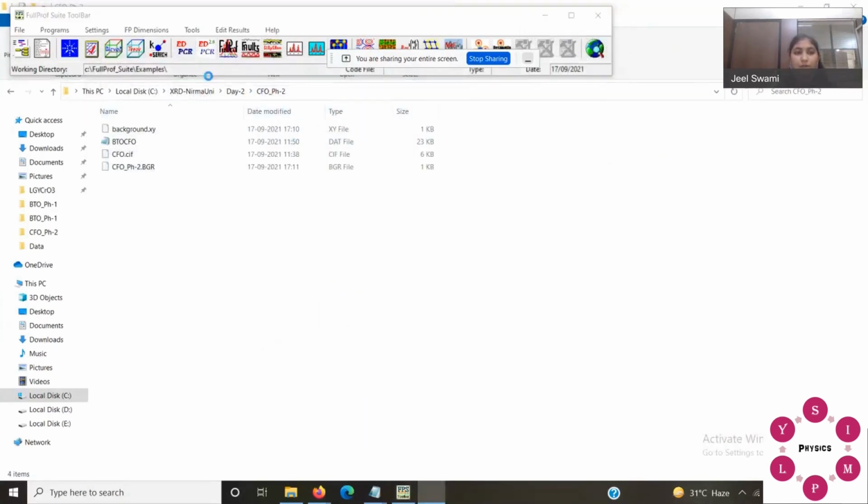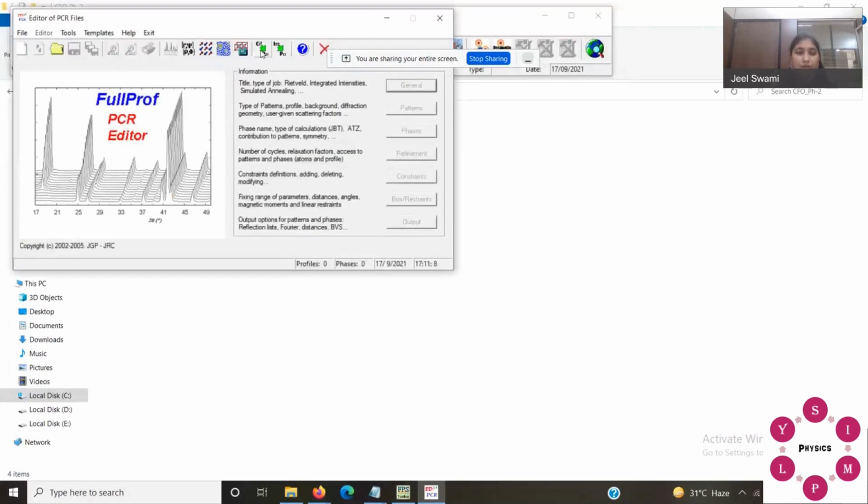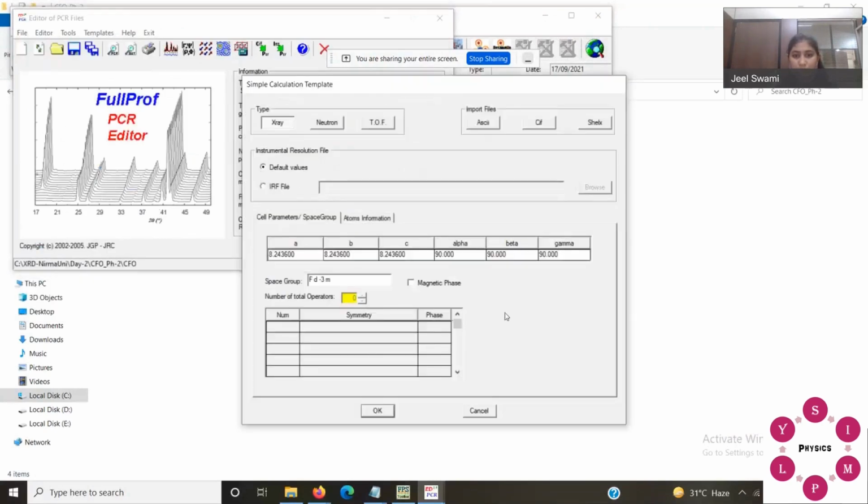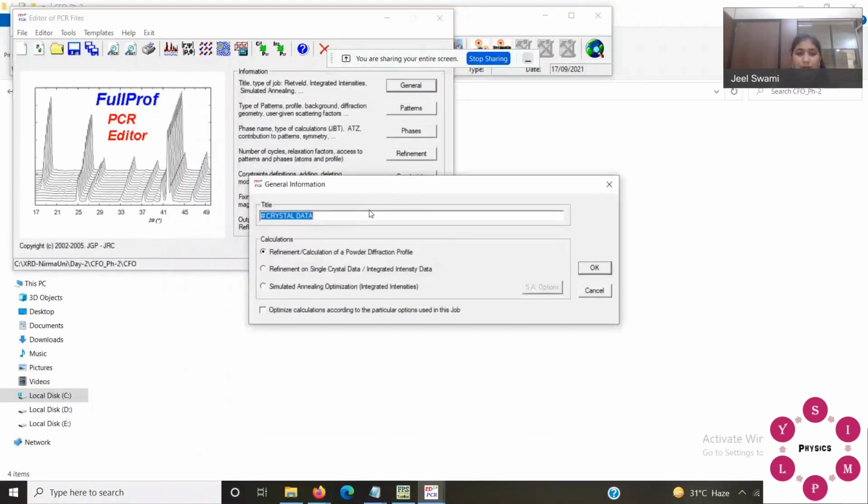Now we have to import the CIF for second phase, CFO. So we go to second file, CFO CIF. The second phase is in FD minus 3m space group. Okay. Now write your secondary phase, CFO phase 2.